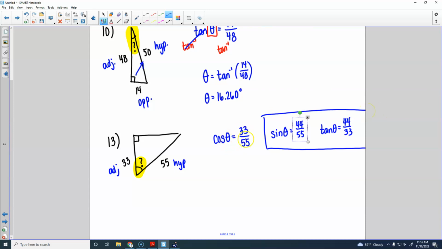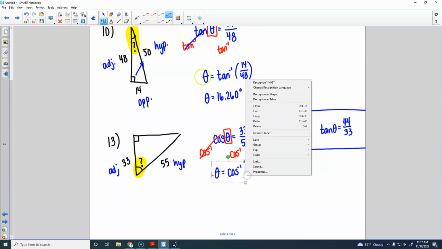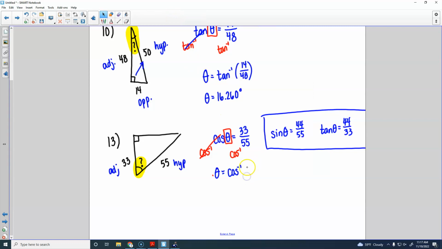So if I'm trying to solve this for that theta right there, what do I have to do? How do I get rid of the cosine that's there with it? Inverse cosine. So I will be doing inverse cosine of both sides, which means over here, the cosines just cancel and I get a theta. Over here, I'm going to be doing cosine inverse of